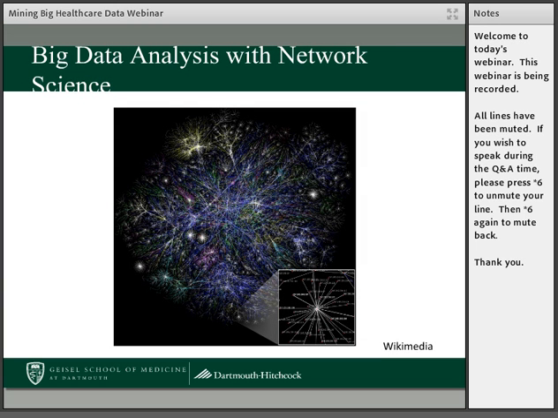The other thing that we've done, because of the nature of the data, is that we've started looking at the networks of care provided in the data. Using this network science approach, we can represent patients and physicians as nodes in a network and see how they're connected through each other in terms of their patterns of care. In this case, we decided to create a physician network, which is patient sharing, where every node in the network represents a physician who's given care, and the links between the physicians are based on a patient they've shared together.